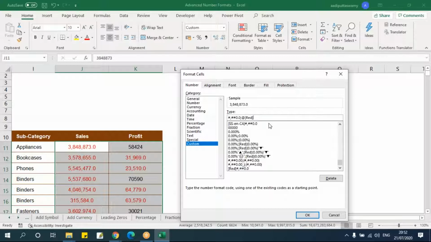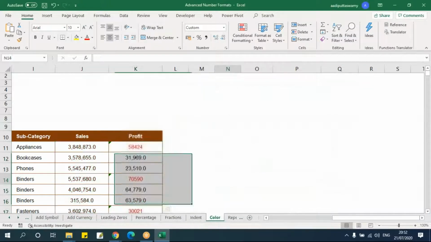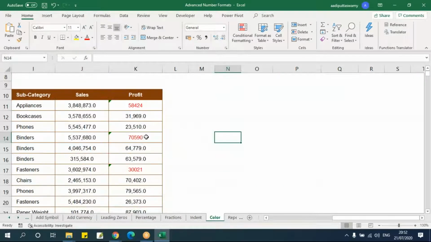Now I'll put this red here. I showed you this example in the beginning also, just to show you again. Anything you put this at symbol, that will become text. Now let's say OK. See, now this makes it very easy to see that these are text. This can be done in conditional formatting also. I have a list of conditional formatting made. I'll just show you after this number formatting.